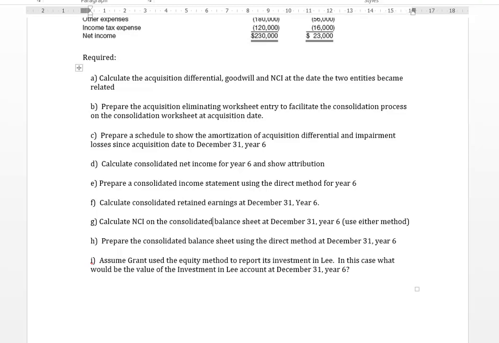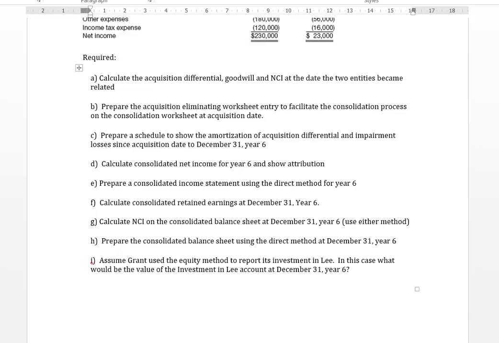Hi folks, welcome back to the second part of our video for Grant and Lee. And in this question, to complete it, we need to do two things. We need to prepare a consolidated balance sheet, and we also need to calculate the value of the investment account in Lee on Grant's separate entity balance sheet if they had elected to record using the equity method, not the